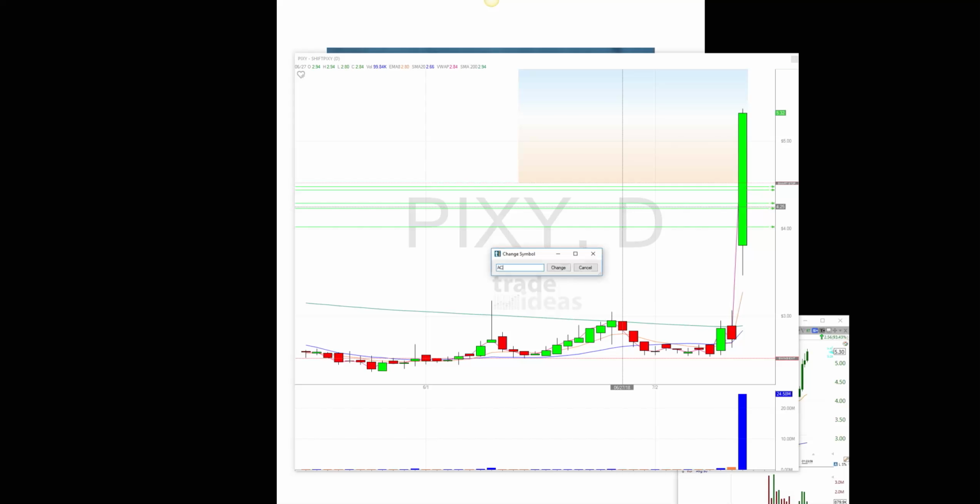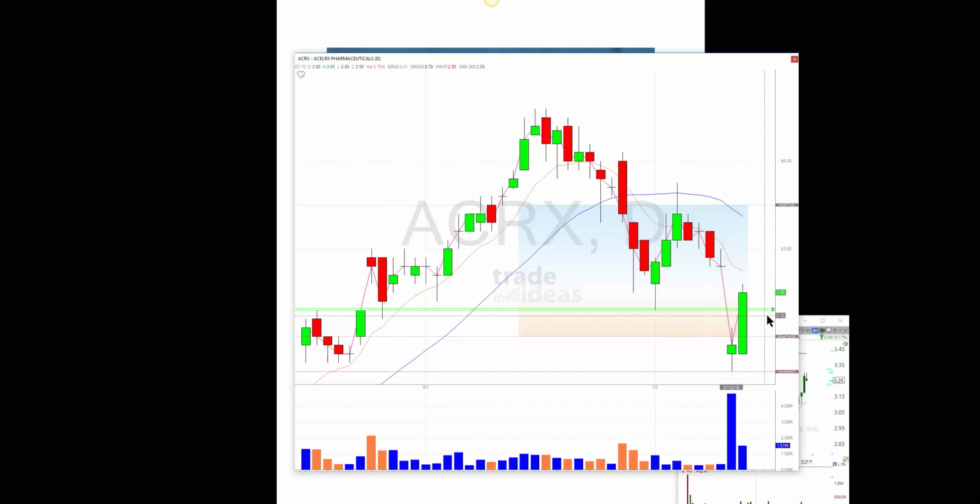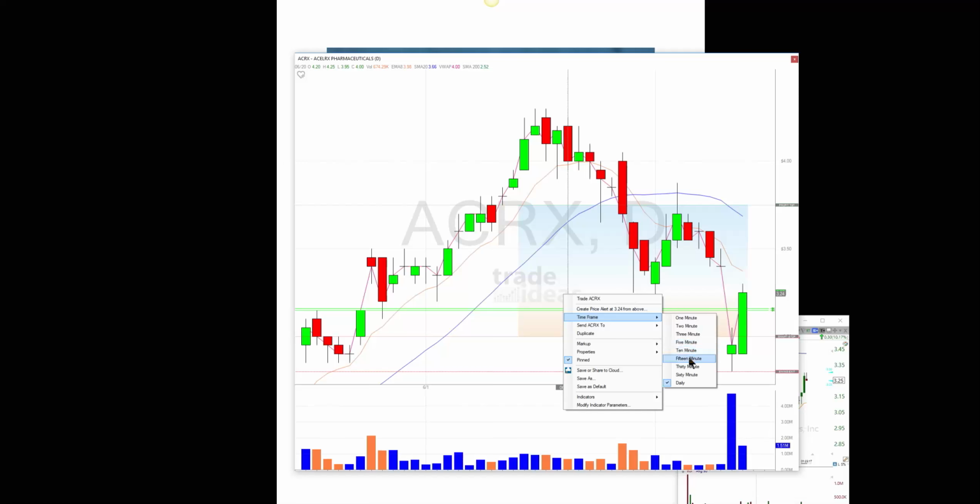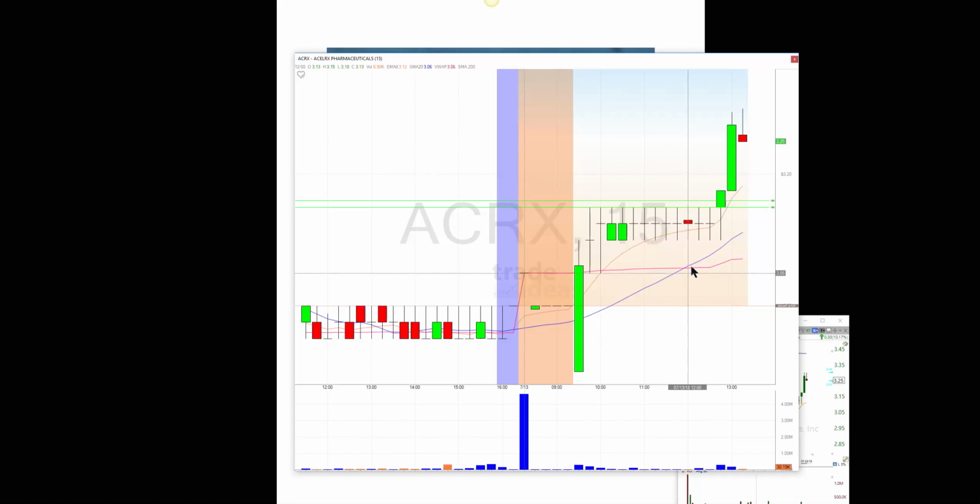Now, I am in this one, ACRX. A bit of a boring trade, but there's no reason for me to get out of it right now. It came on the momentum scanner. I got into the trade at, where was it, 310? I think it was at 315 or 310. Actually, 313. That's right. I was able to get some in between.